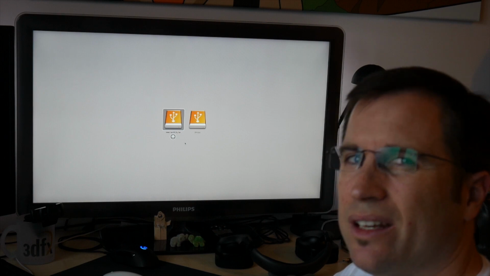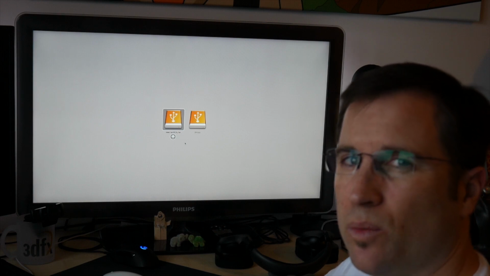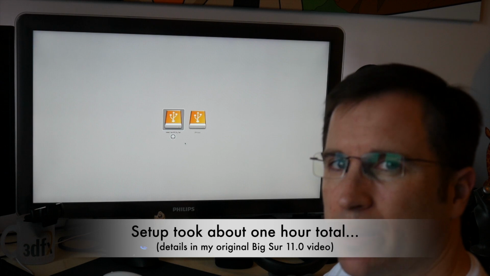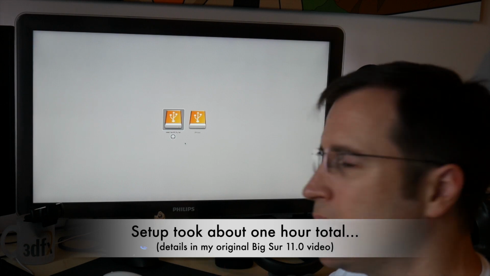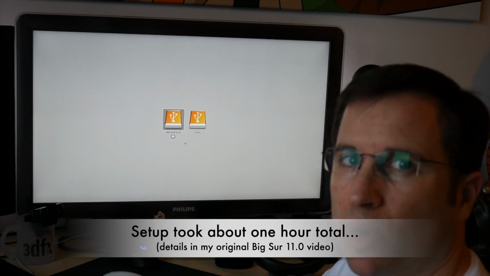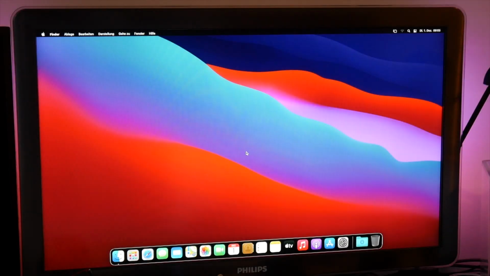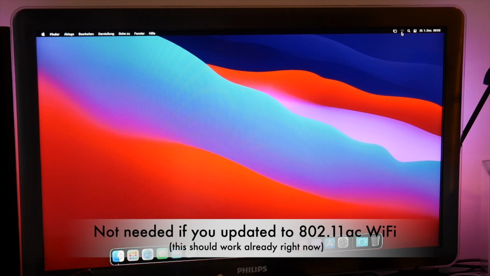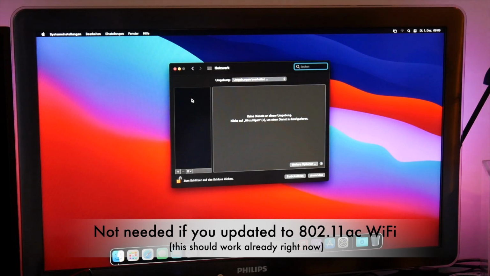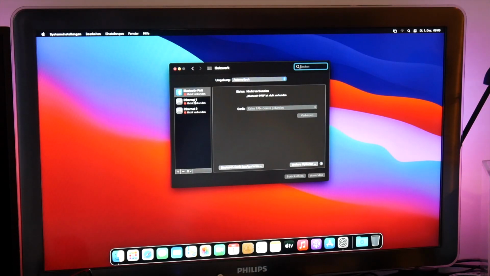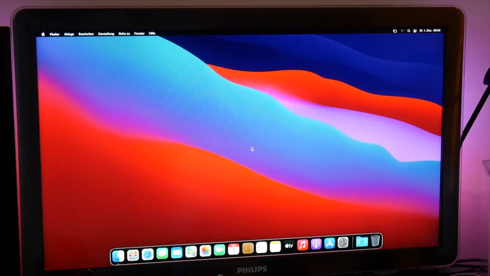I hit enter, and then the instructions already warned us it could take a long time until this setup comes up. Because yeah, it's not supported, and we just have to have a little bit of patience. Alright, as we don't have the Wi-Fi driver yet, you see this one here is grayed out, and if you click on it and go to network, you just see the Ethernet connection and the Bluetooth, there's no Wi-Fi driver.